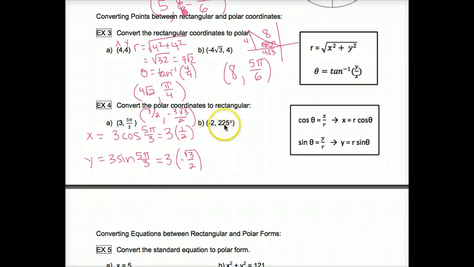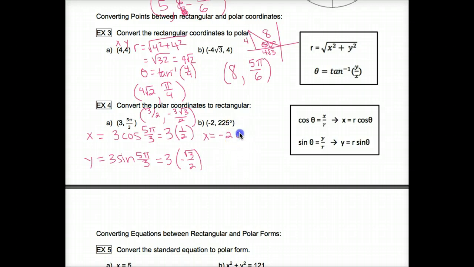Same thing on B, except this time they gave it to me in degrees. They also can give it to you in radians when it's not something on the unit circle. And if that's the case, then you would just use the calculator, but make sure that it's in radian mode if what you're given is in radians. So here we would do x equals